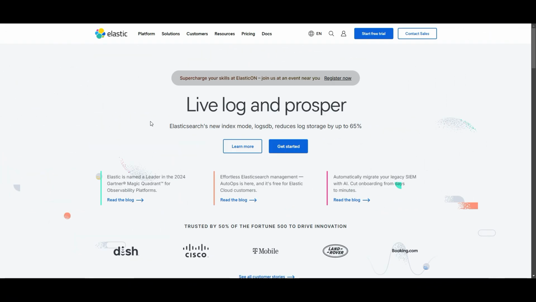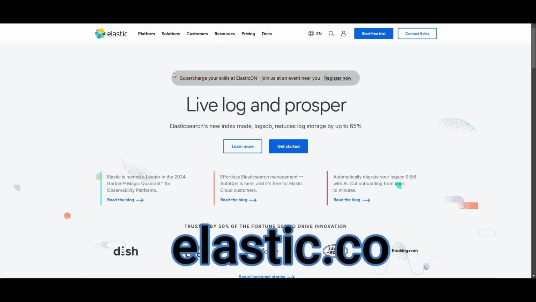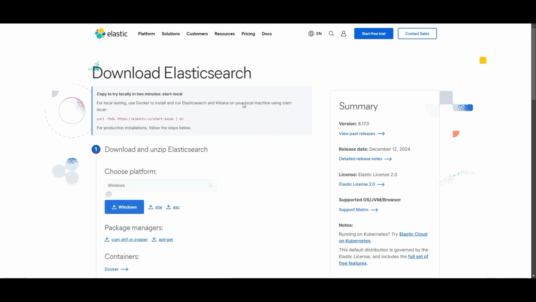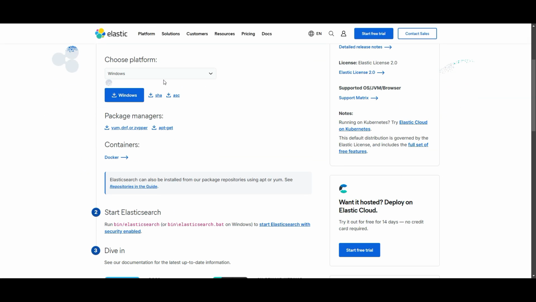Okay, now that we've covered some basics of Elasticsearch, let's move on to the next part of our tutorial, installing Elasticsearch on your PC. First things first, Elasticsearch has an official website where you can find all the resources you need. You can visit elastic.co and navigate to the download section to get the latest version of Elasticsearch. They provide options for various platforms, so you can download the one that suits your system.